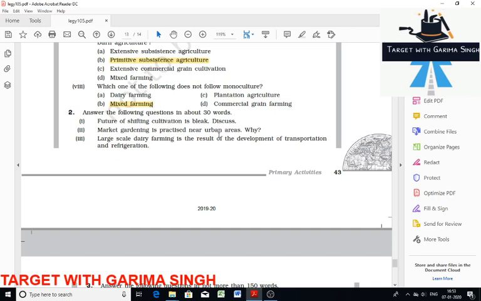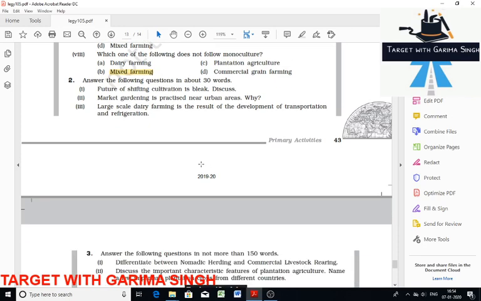entire practice unstable. Also there are several restrictions imposed by the government through the Forest Act which hinder the free movement of tribes and the practice of shifting cultivation. Shifting cultivation is sustainable only for self-consumption in nature, hence it is unable to meet the market demand, and therefore there is no scope for it in the increasingly globalized market. With the infiltration of non-tribals in the tribal area, tribals are adopting modern agriculture practices which are more productive and environmentally sustainable. So these you can write for the future of shifting cultivation.